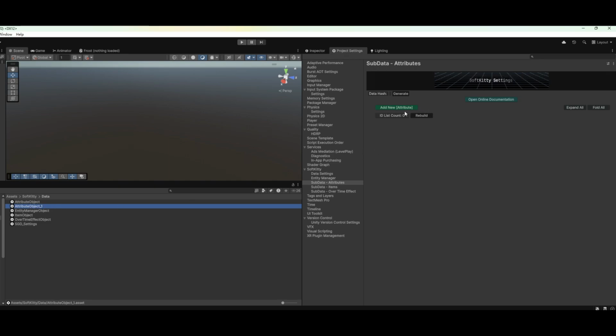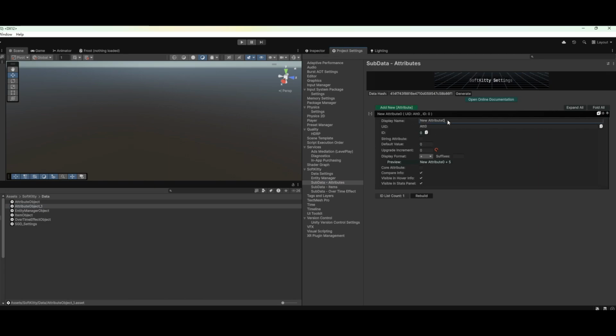You will add a new attribute here. So let's just add some basic ones. First is the attack, and for UID we're going to use ATK, and for default value we put like 5. Upgrade increments, that's for the level up, so let's put 1 first. Okay, we check the core attribute here